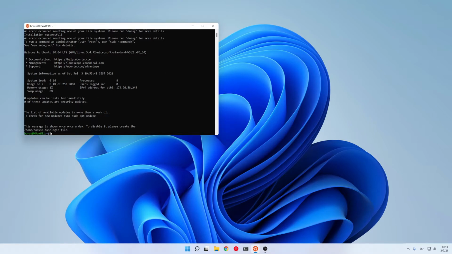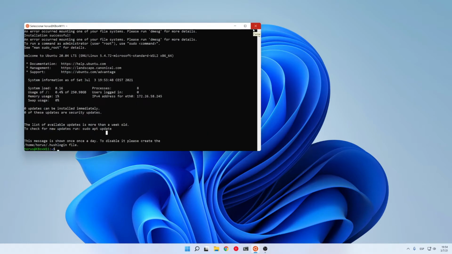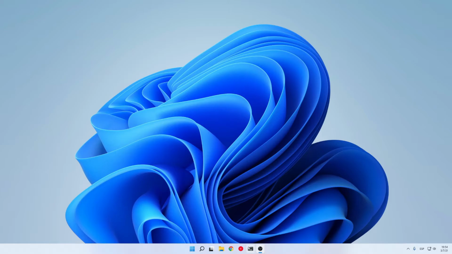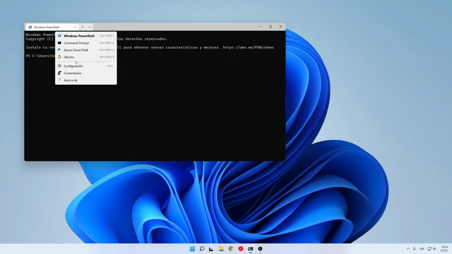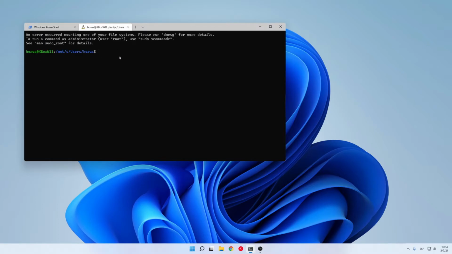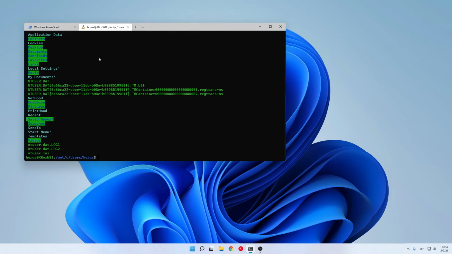Now, let's see the best way to use it. Just like at the beginning, let's launch the Windows Terminal app, but you don't need admin privilege this time. On the right side of the New Tab button, you can choose the type of tab you want to open. Click that and you'll see an option called Ubuntu. That's the one. As you can see, clicking it opens a new Linux session, which starts located in your Windows